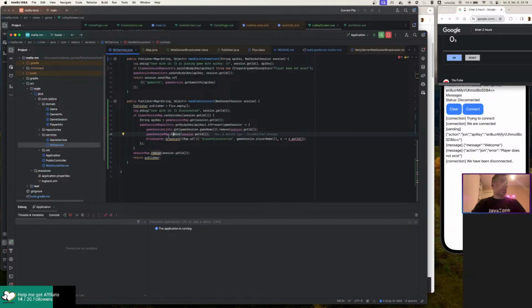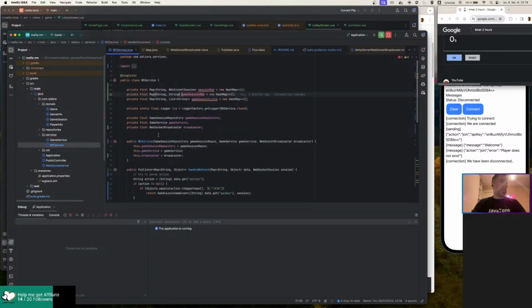Okay. So I think game session map. Oh, this is session map. This is to get the session maps by ID. And this one is